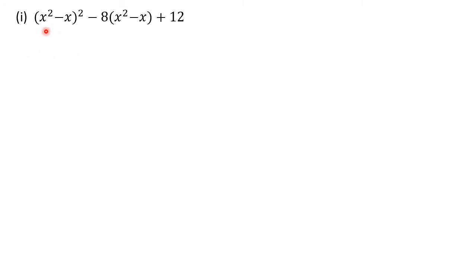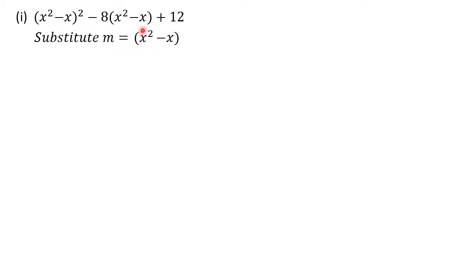Instead what we will observe here is, these two terms x square minus x in this bracket here and here also, these terms are repeated. So what we are going to do is we are going to substitute any other alphabet in place of these two like terms. See, they are exactly similar. So we will replace them by any other letter. So let us put m is equal to x square minus x. That means in place of these two terms, I am writing only one alphabet m. They are replaced by only one alphabet.